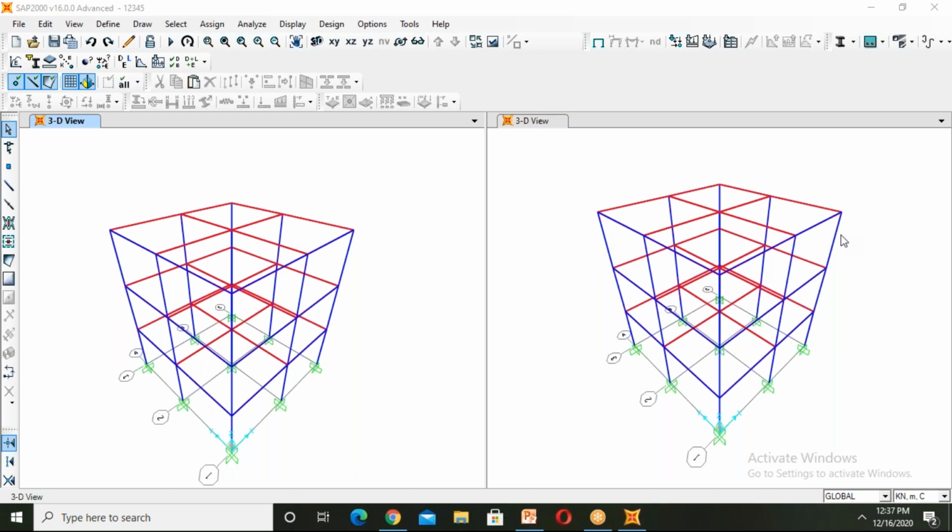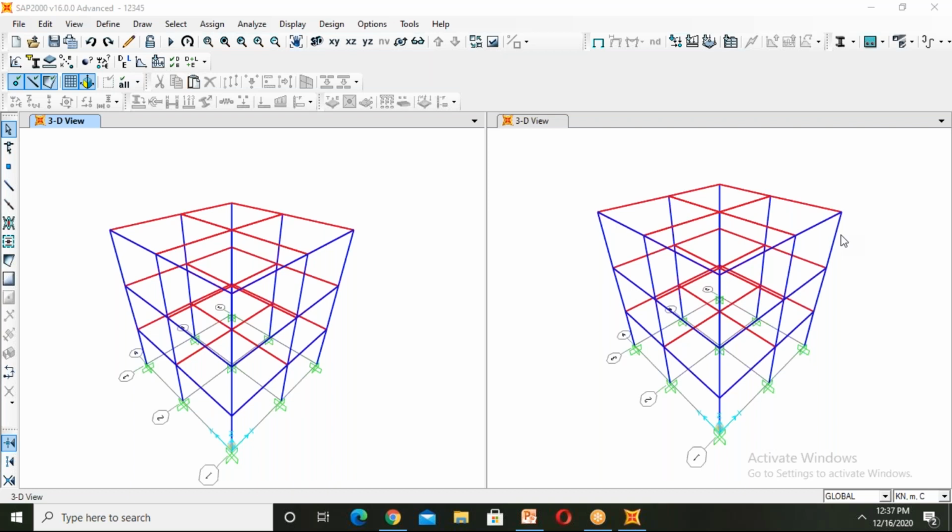Even I found SAP is more user-friendly. Every command is in the toolbox, and we can just drag and make use of it, comparatively with StaadPro. Next, if we take pushover analysis compared to ETABS, SAP gives more accurate results.